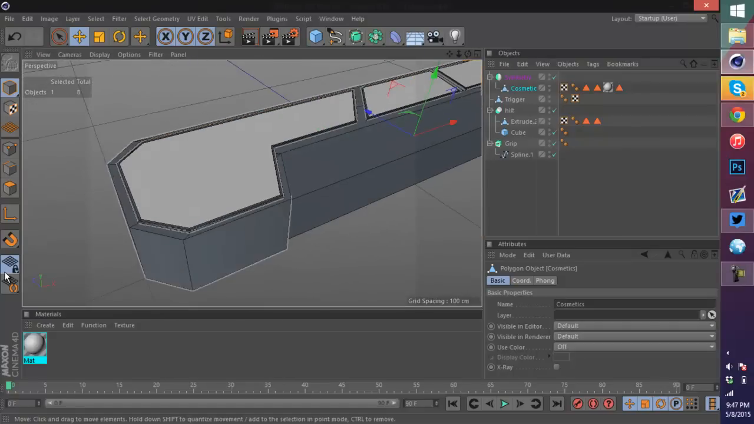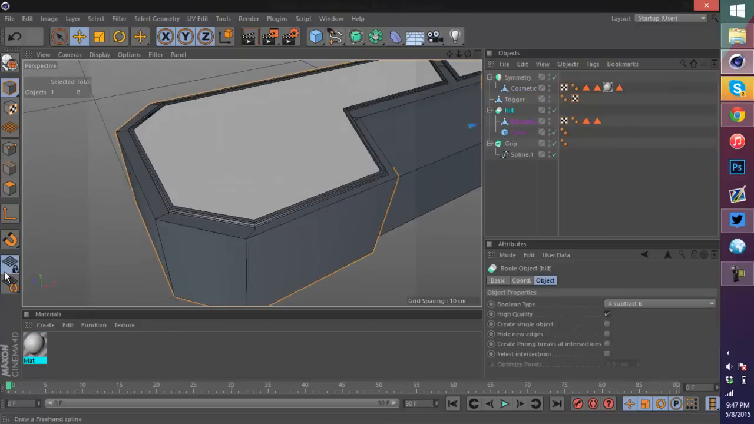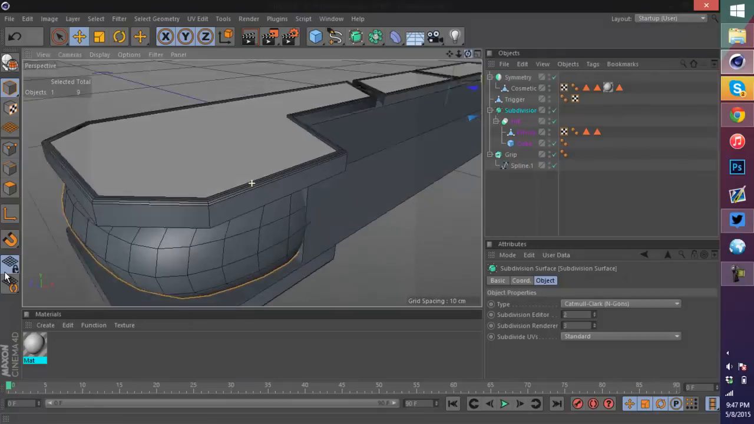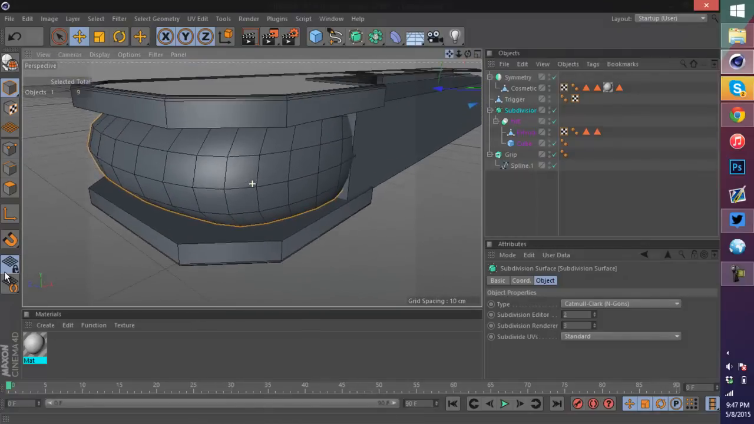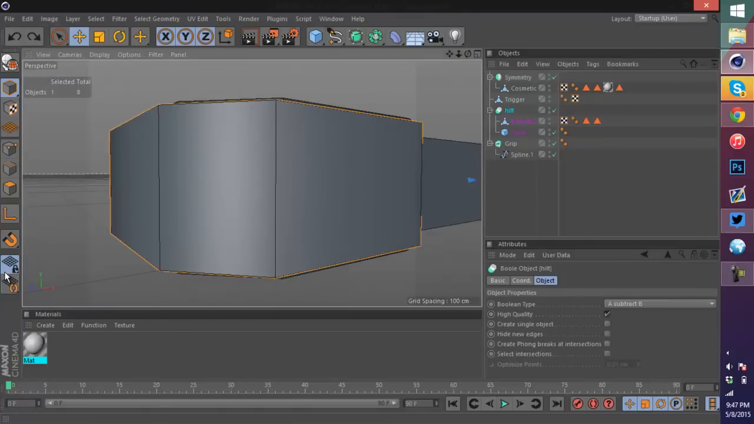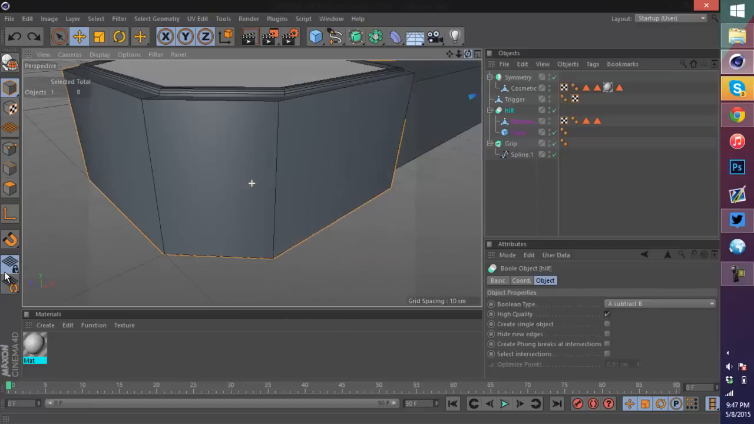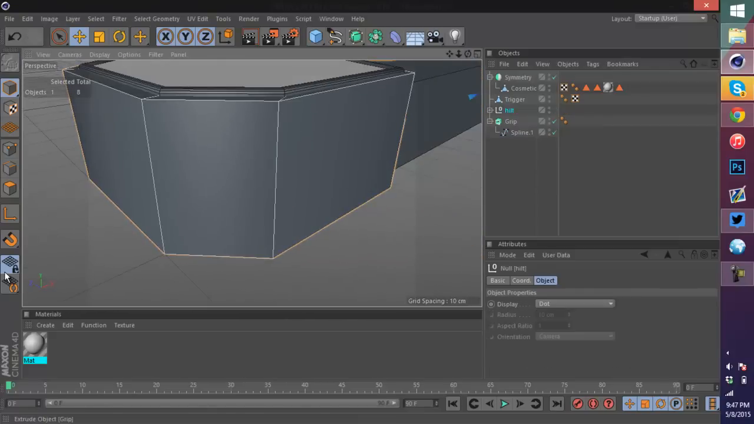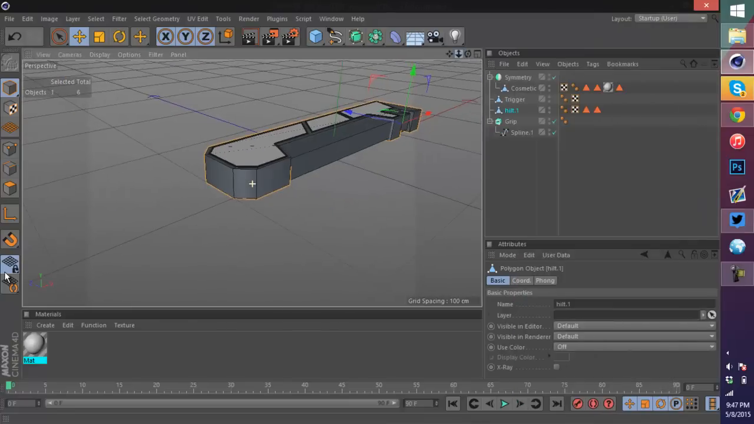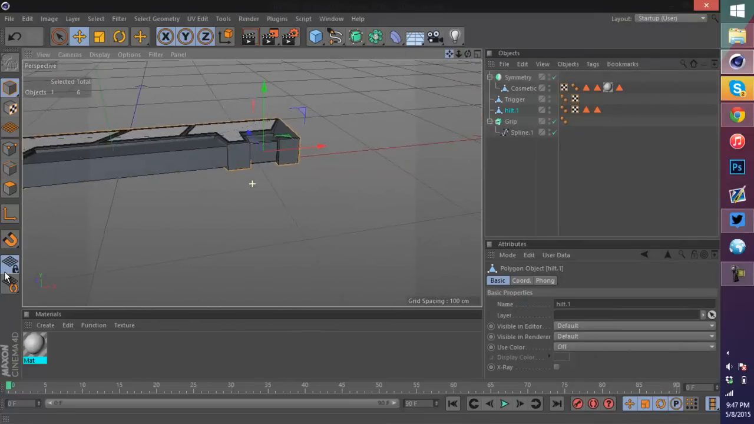Alright, so the next step, we're actually going to round off this, and some people would just put in a polygonal subdivision, and that's what happens. So you do not want to do that. Just because you subdivide something doesn't mean it's going to look pretty. So what we're actually going to do is we're going to make it editable. As usual, I'm going to connect all the objects and delete them,